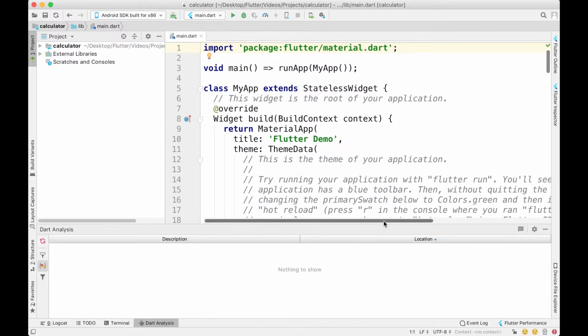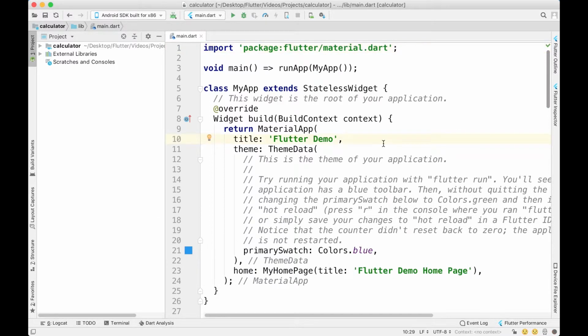So I know this calculator doesn't really have everything that we might need. For example, it's lacking a decimal place, it's lacking parentheses, and there's a lot of other operations that we could include, but we're trying to keep things as simple as possible. Again, the main goal is to get you into the process of developing apps with Flutter rather than developing a really good standalone app. So the first thing we want to do here is actually clear out all this extra